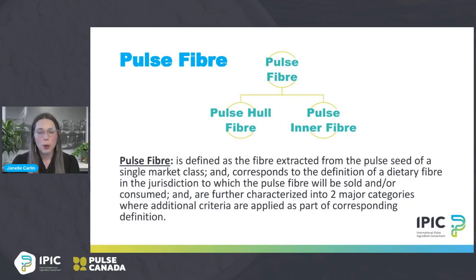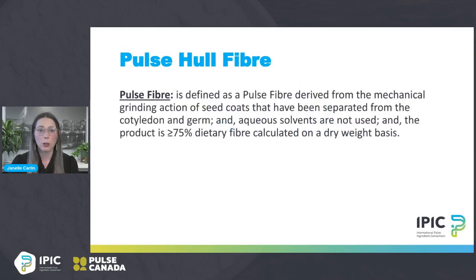Finally here, we have pulse fibers, where there are two types of pulse fibers defined. That broader category of pulse fibers, though, are defined as the fiber extracted from the pulse seed of a single market class, corresponding to a definition of a dietary fiber in the jurisdiction to which that fiber will be sold. So before we saw the pea cotyledon and that pea hull fiber were defined under the FDA and Health Canada definitions for dietary pulse fibers, where pulse hull fiber specifically is defined as the fiber that's derived from mechanical grinding